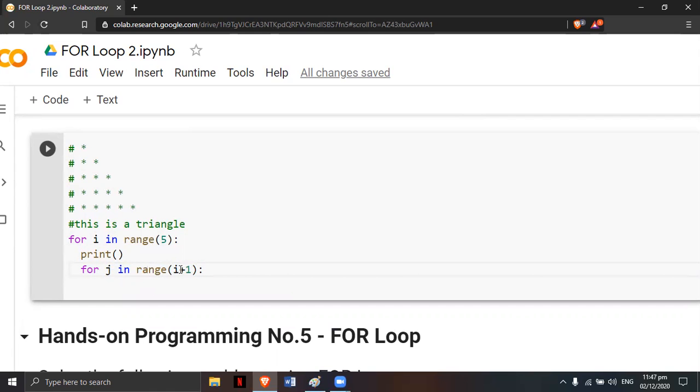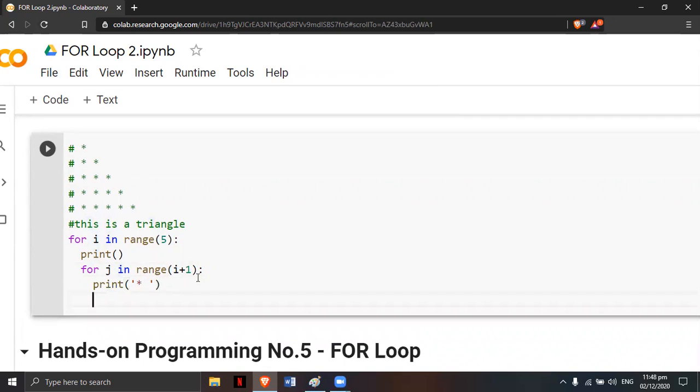asterisk. So meaning to say, since I is 0, 0 plus 1 means 1, it will repeat 1 time. So what will be repeated 1 time? The printing of asterisk with a space. Okay, it will only print the asterisk with a space. Now, after printing asterisk with a space, it will go back to the outer loop and increment I. Now